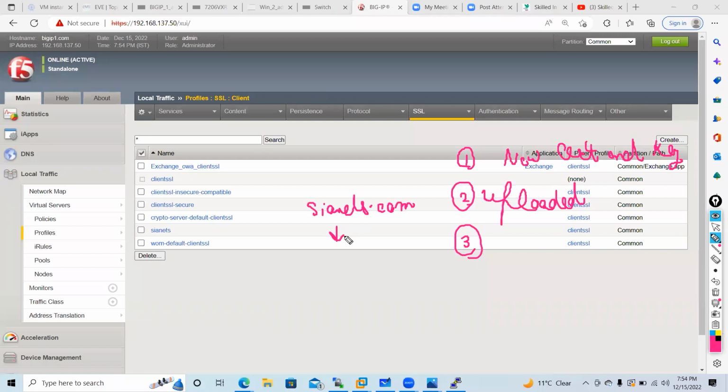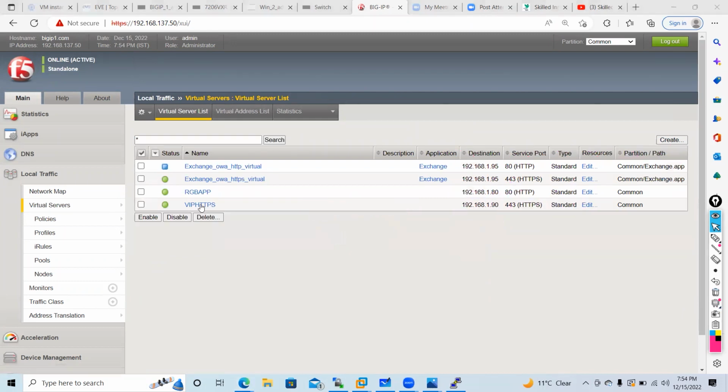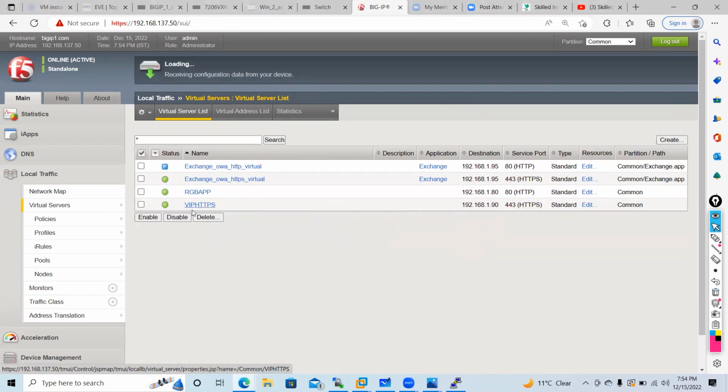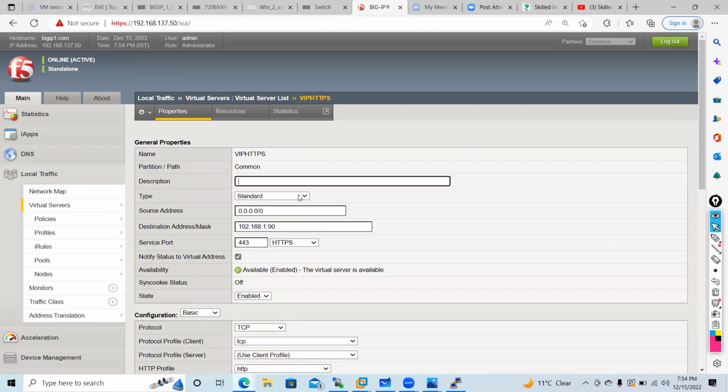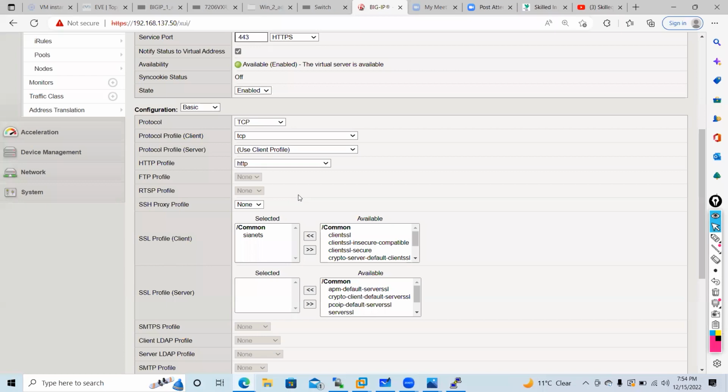Yeah, we can check the virtual server. So I will go to the particular virtual server. I will ask the website IP from my customer. Then what do I need to see here in my virtual server? Anyone? The SSL profile name. Sorry, can you be loud? So I need to see the SSL profile. Sir, it's the Sianets profile. Profile name. Okay, great.